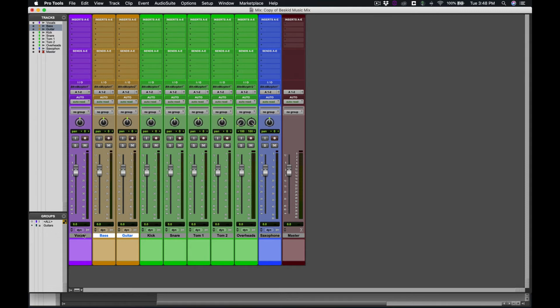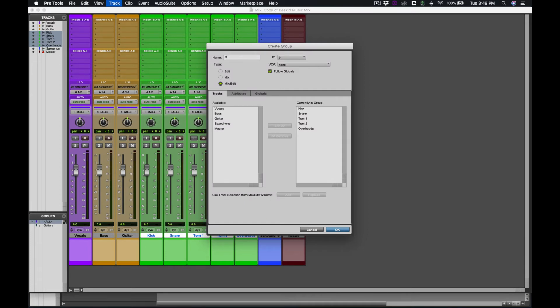So really, I'm only going to create two groups. I've got one for guitars. I want one for the drums, and then by default Pro Tools gives me one that says All, and that just affects everything. Okay, so I'm going to select, hold Shift, select the rest, and Command G to make a drum group,